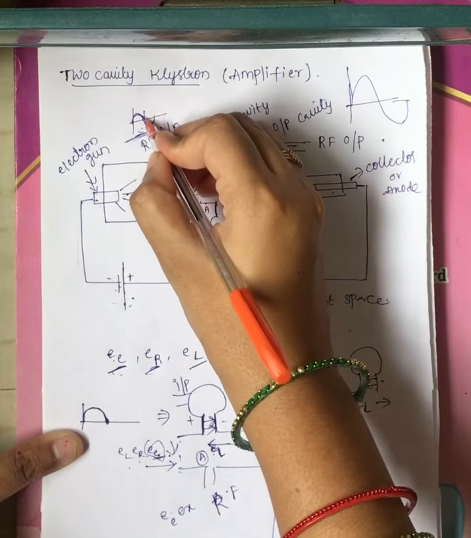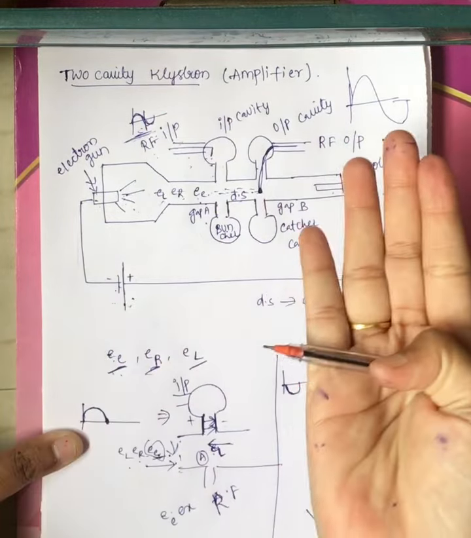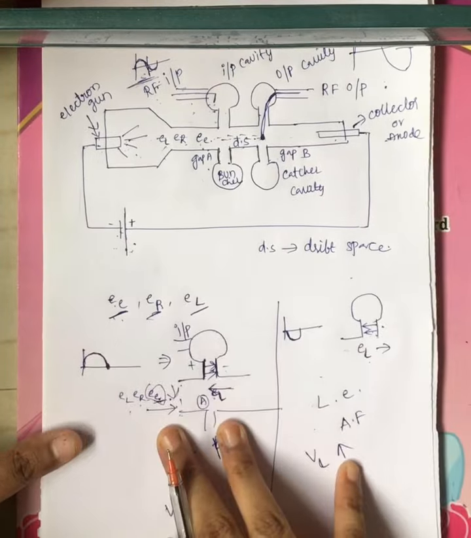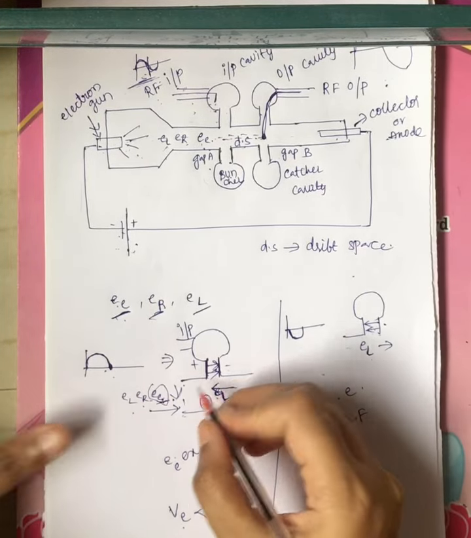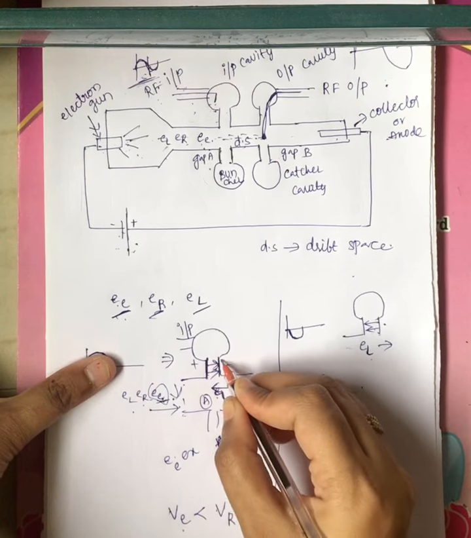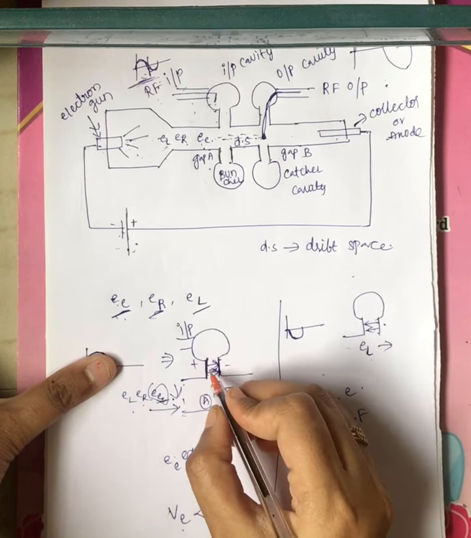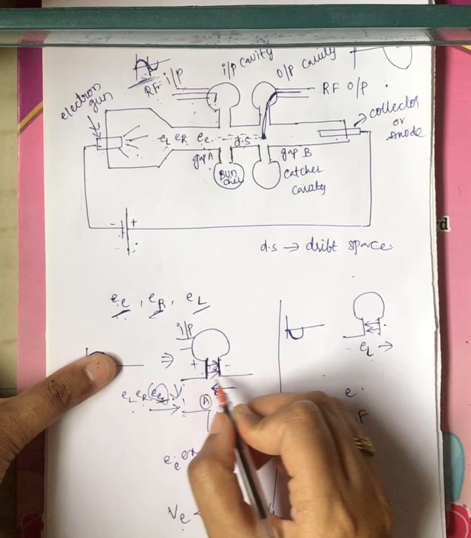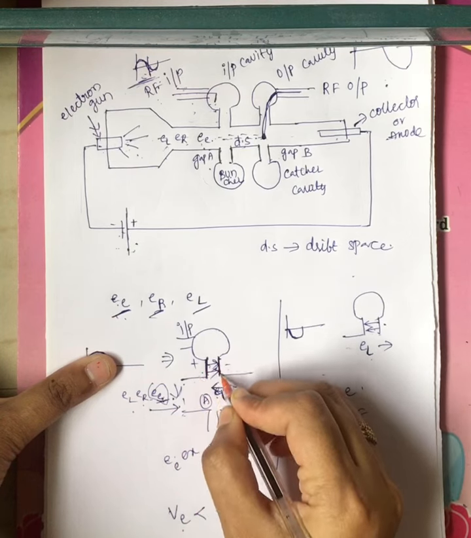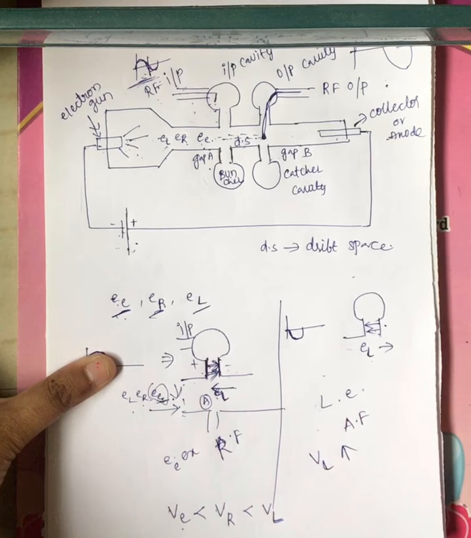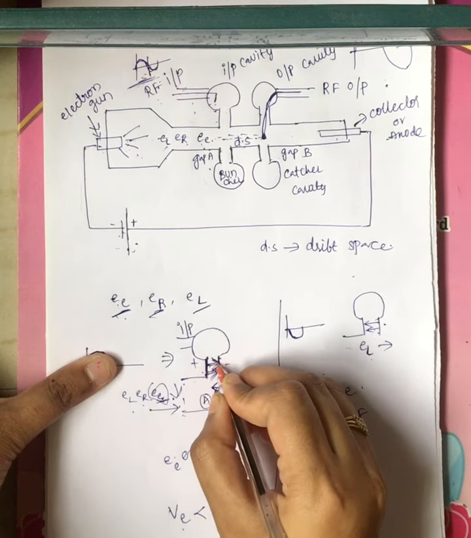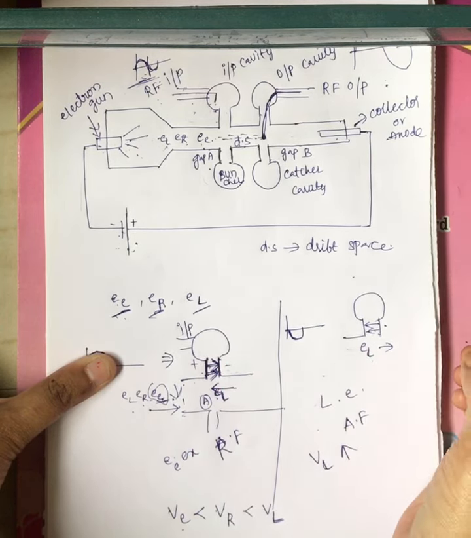It is an AC signal, with a positive half cycle and a negative half cycle. Now divide this into two parts, the positive side and the negative side. First consider the positive half cycle. For the positive half cycle, this is your input cavity, right? The direction of the electric field strength will be in this direction, as there is a capacitance here.